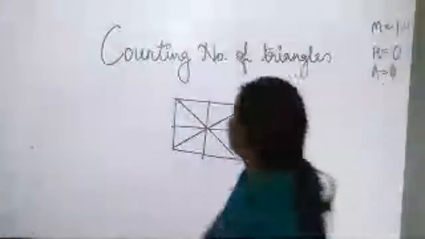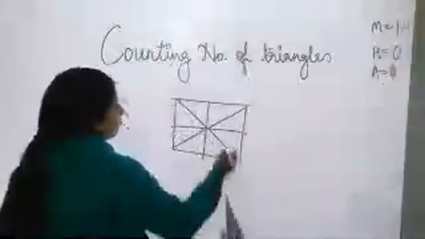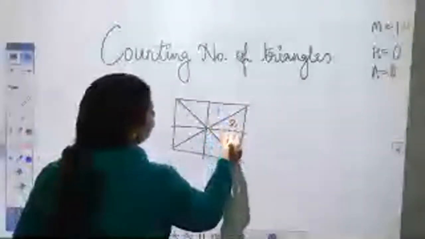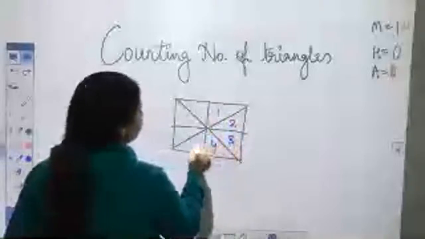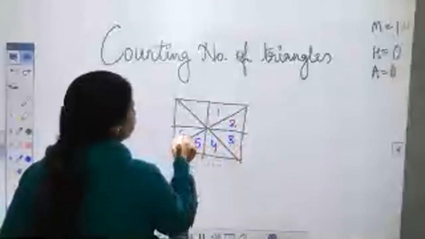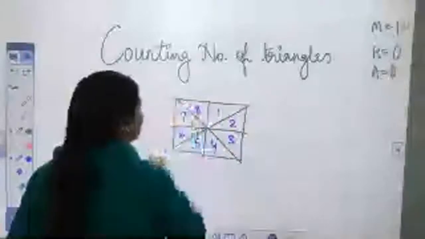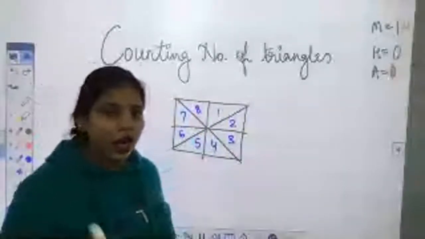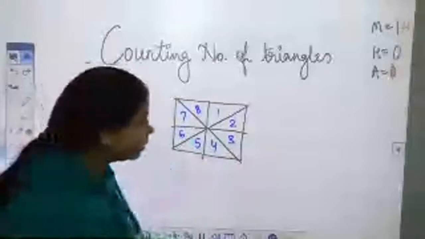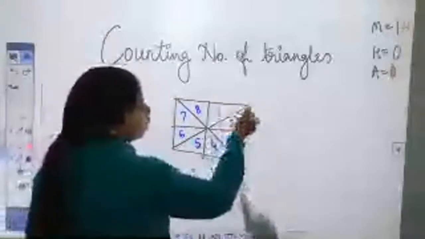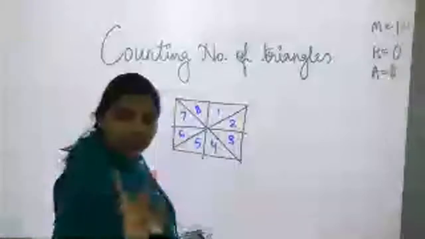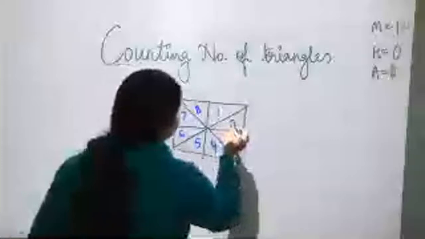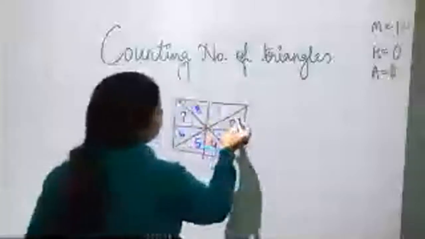चलिए स्टार्ट करते हैं. तो हमारे पास हम लेबलिंग कर लेते हैं. 1 2 3 4 5 6 7 एंड 8। 8 तो हमें सिंगल ट्राइंगल्स दिख रहे हैं, राइट। अब उसके बाद कॉम्बिनेशंस की बात करते हैं। अब देखो 1 और 2 मिल करके ट्राइंगल नहीं फॉर्म कर रहे हैं, तो आप 1, 2 बिल्कुल मत लेना, ठीक है। अब हम देखते हैं हमें जो 1 और 2 मिलकर नहीं बना रहे हैं,